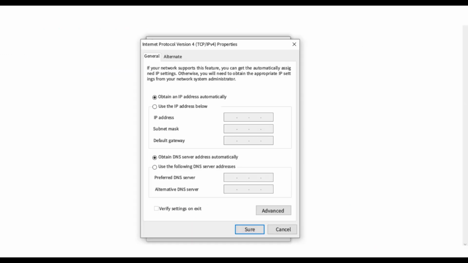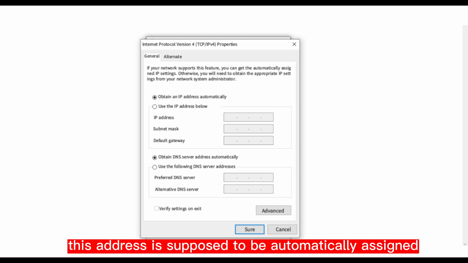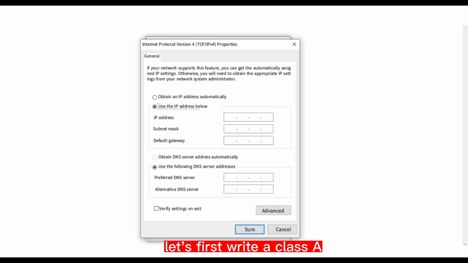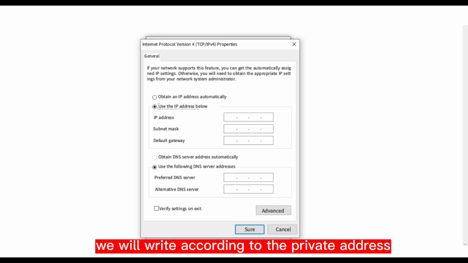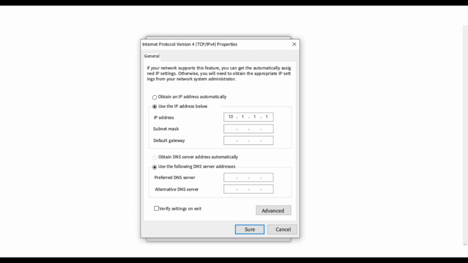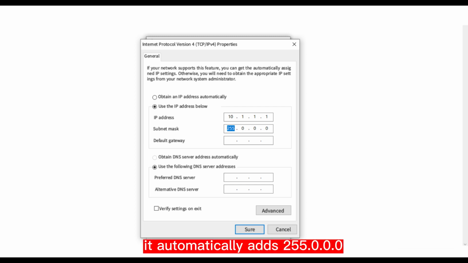This is the default. I will give you a simple demonstration. For example, I'm going to go configure my NIC now. This address is supposed to be automatically assigned, but I now want to manually write an address to it. Let's first write a class A. For class A, we will write according to the private address. I am writing 10.1.1.1 here. Watch carefully. I do not configure the mask, just hit the tab key to wrap. Everyone will find it automatically adds